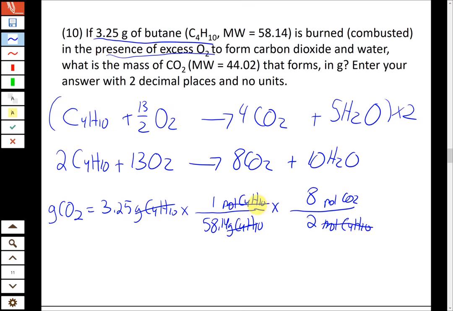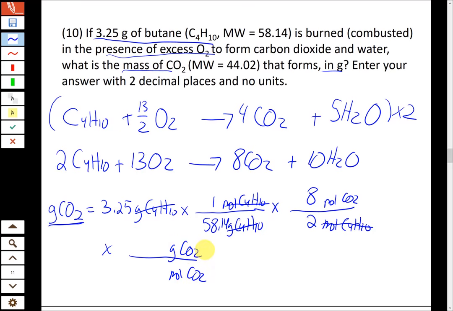Whenever you're doing questions like this, that's why I like to write out exactly what I'm looking for so I know when to stop. So here we are looking for mass of CO2 in grams, so we can't stop here because this is just moles. So the last step is going to be to convert moles back into grams. So we want moles of CO2 to cancel, and we want grams of CO2